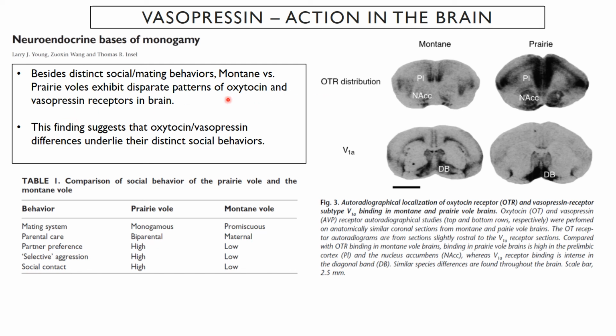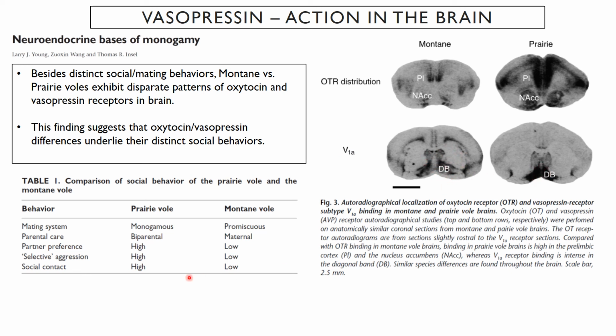So they have this distinct overall mating behavior, but it looks like prairie voles have a huge number of receptors, a lot of high receptor expression in many different brain areas. This is just showing the in situ hybridization for the oxytocin receptor in prairie voles versus montane voles. And then in males, you can see that this portion of the brain, in the more ventral portions near the hypothalamus, it's called the diagonal band, I'm sorry, that there's really high expression of the vasopressin receptor V1a in this area in prairie voles versus montane voles.